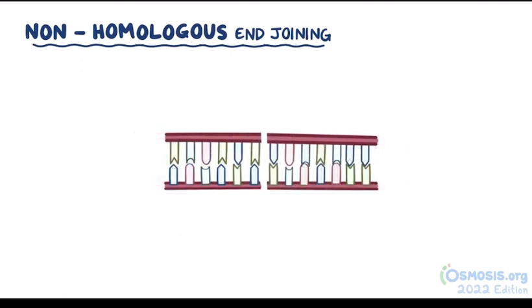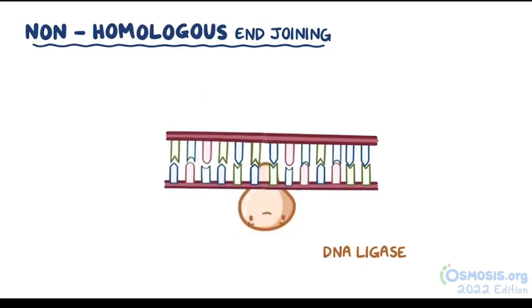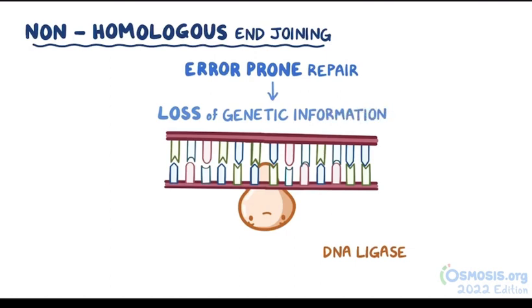It's like using a tiny bit of sandpaper to smooth the broken ends of the pencil, so that the pencil can be more easily glued together again. Finally, a ligase enzyme, which would be the glue, binds the 2 ends of the DNA. Since Artemis cuts off some nucleotides, non-homologous end joining is an error-prone repair that leads to a loss of genetic information. The other repair mechanism is called